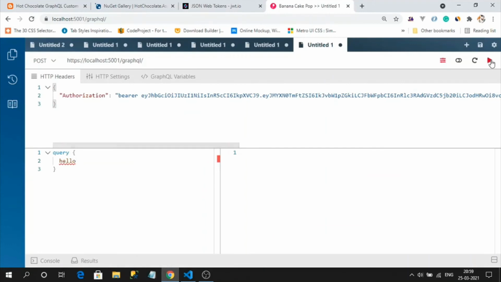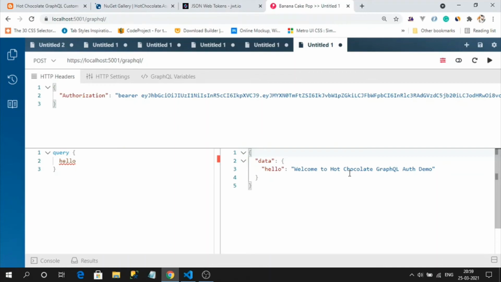Page refreshed. Now run it. Now I am getting the data. So hence it proves that policy-based roles authorization is also working. So we have checked three kinds of authorization: basic authorization, next pure role-based authorization, next policy-based roles authorization. Okay. Next, one more technique we have, that is